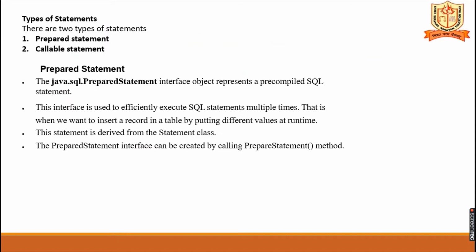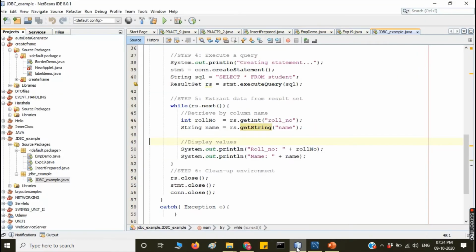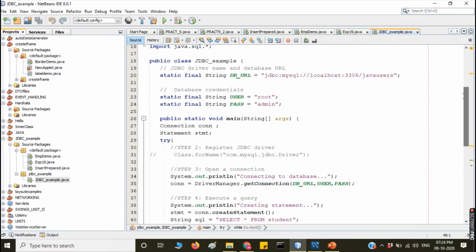Here, in the previous statement interface, I will show an example of how to create JDBC applications. So public class name, and you have to mention which driver you are installing.